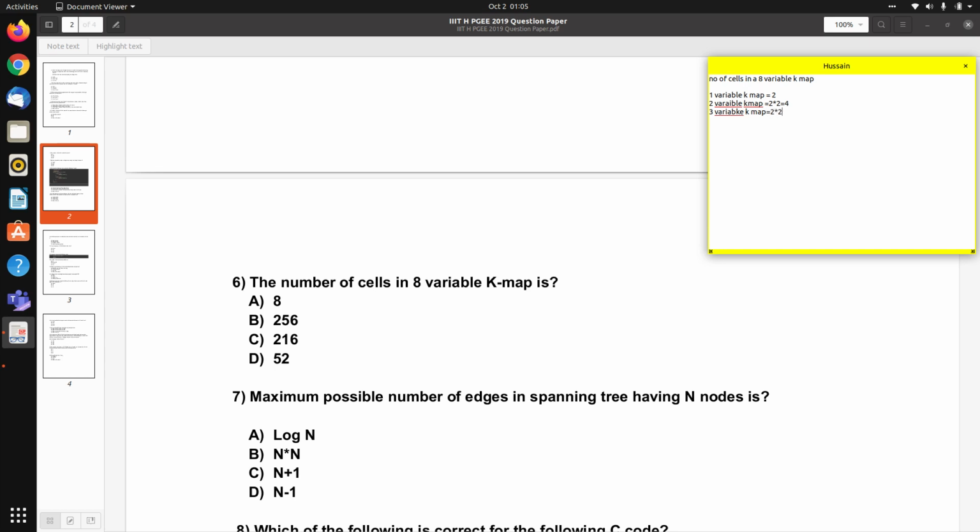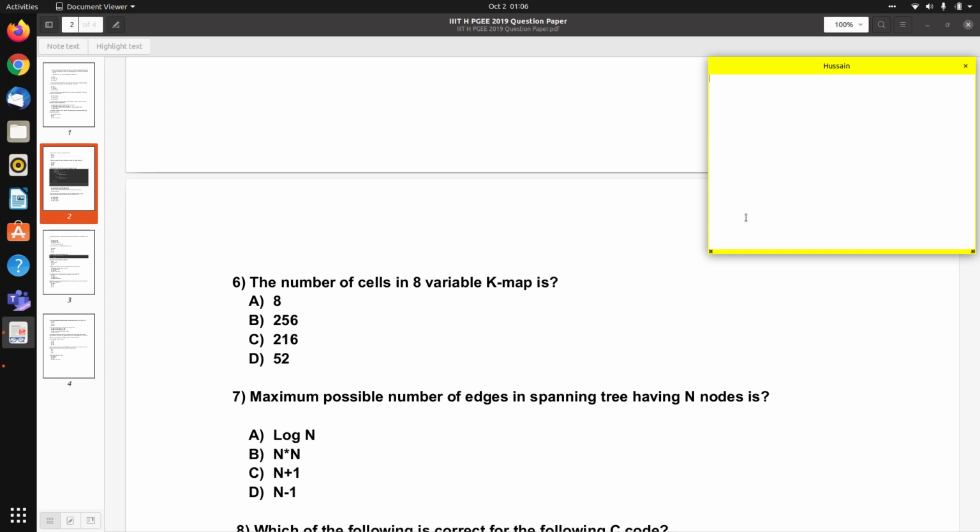So 2 multiplied by 2 multiplied by 2 equal to 8. So for a general k variable K map, we have 2 power k. When we substitute the value 8 in place of k, we get 2 power 8 is equal to 256. So 256 is the correct answer. So option B is correct for question 6.